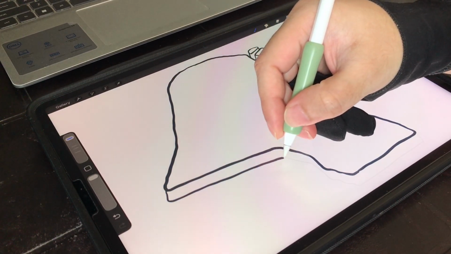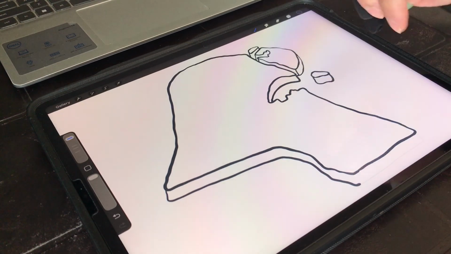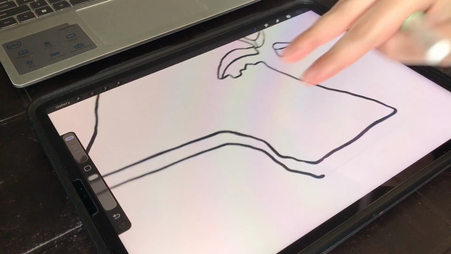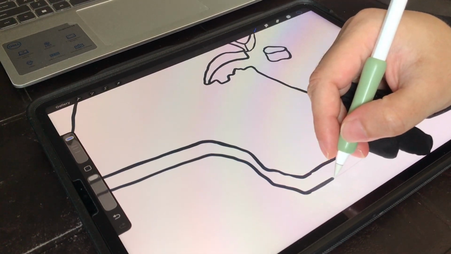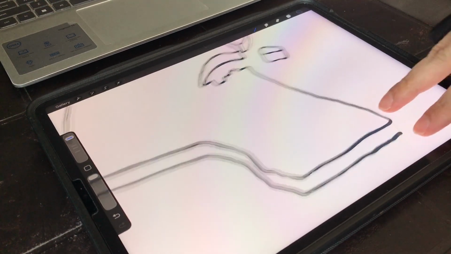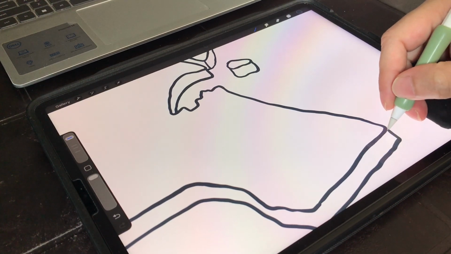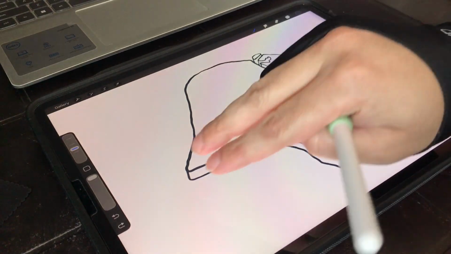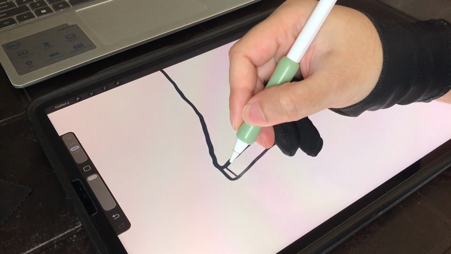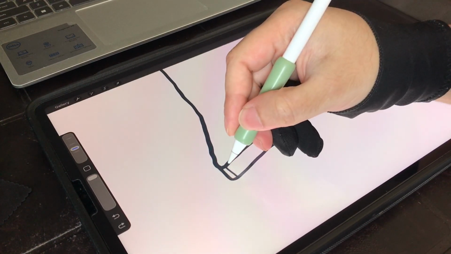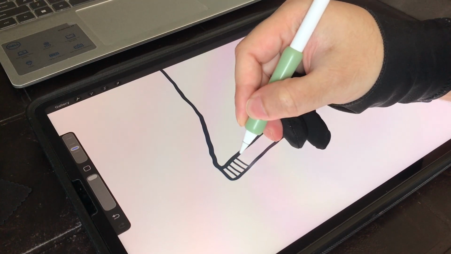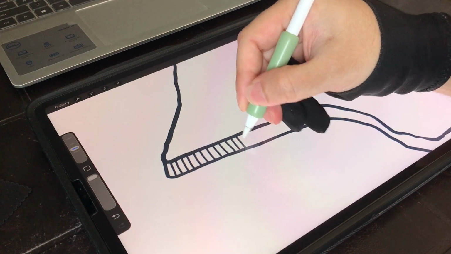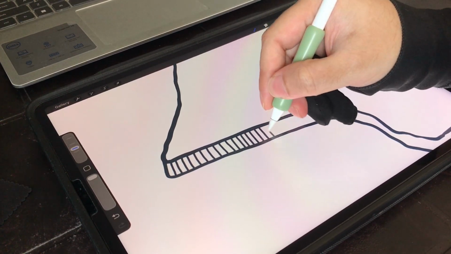So this is the part where the magic happens and it becomes a 3D map. And at this point we're just gonna continue with the line work, and Kuwait comes up and becomes 3D. So I figured to add to the 3D look, I do these little lines, and that just kind of signifies and shows some sort of depth onto the page, because when you zoom out, you can actually see how the